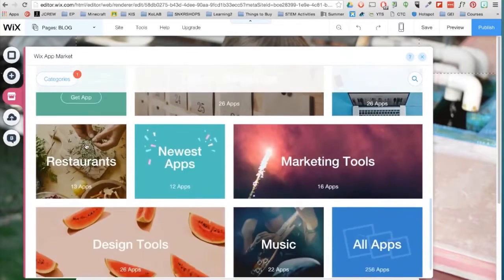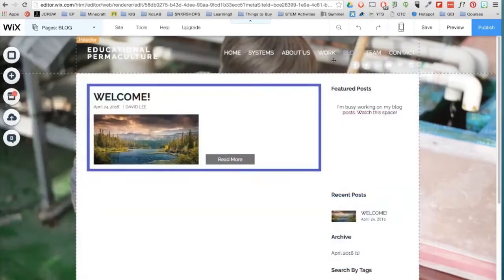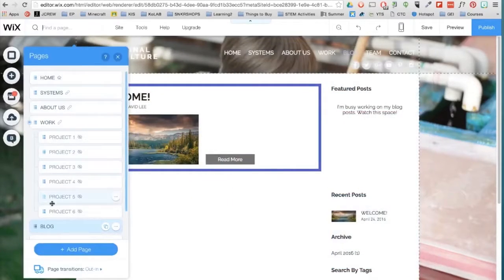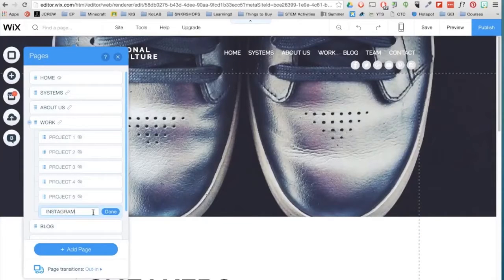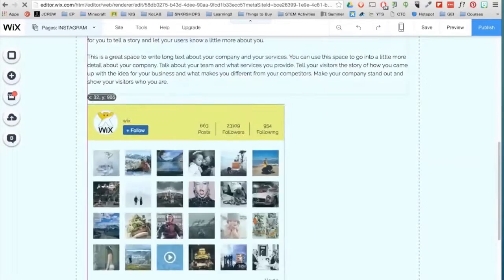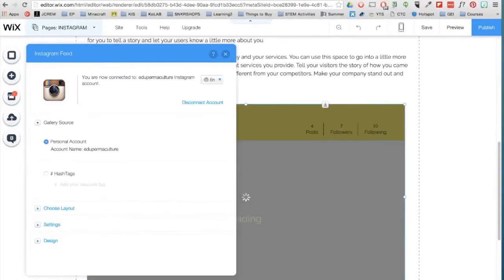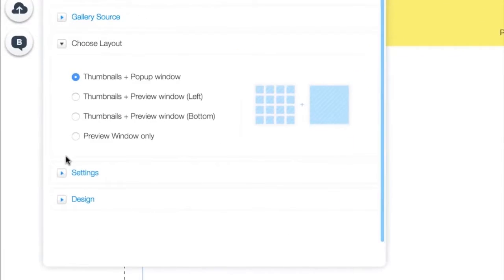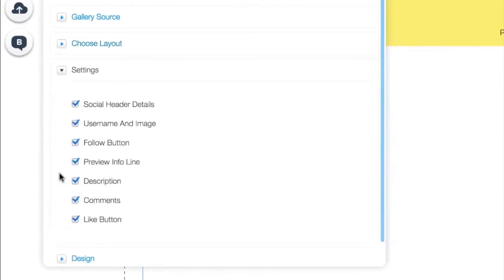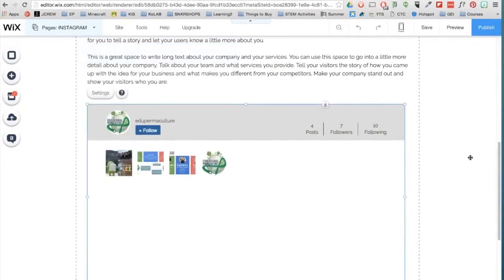First, I will need to decide which page I want to place that on. So I think I will place it under the work page. The sound I hear indicates that you can see the page on the top menu. So okay, now I am ready to add my Instagram app. Click on Social, find the app, and then click on Settings. Then connect your account and type in your username and password. In settings, you can change the layout, additional settings, and design. Every time you upload a picture on Instagram, it will automatically appear here. These types of widgets can be a powerful tool.